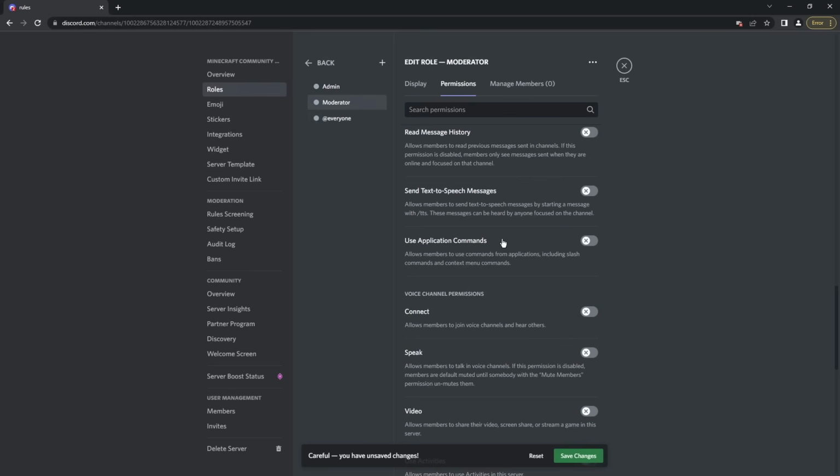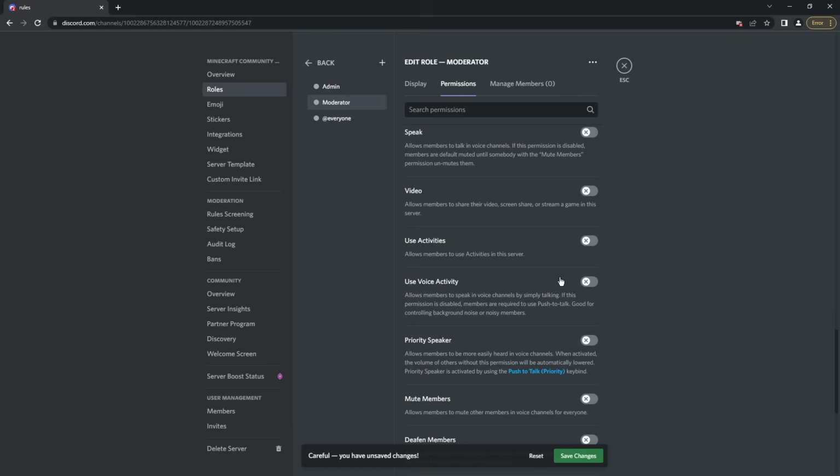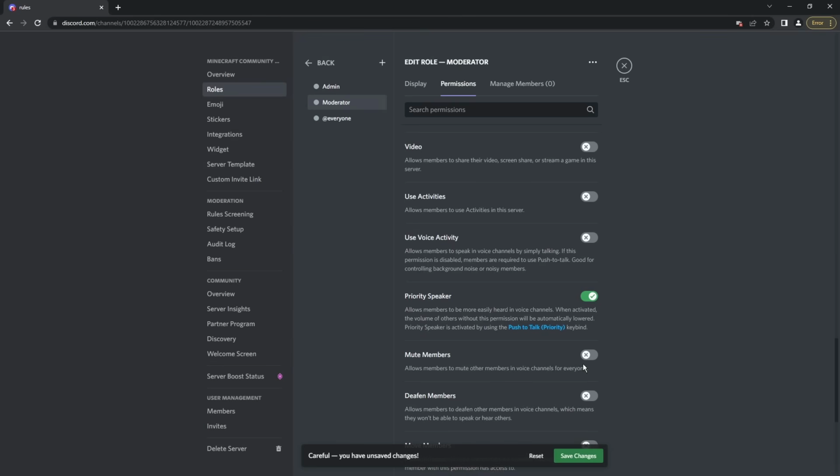So I'm just going to keep it disabled. Then if we keep scrolling down, same thing here. This is already enabled in the everyone role, but I'm only going to give the moderator the important permissions. So priority speaker, that's important. Let's say people are talking and they want to stop the argument. They press the priority button, they get really loud, and they tell people to stop yelling in the dang voice